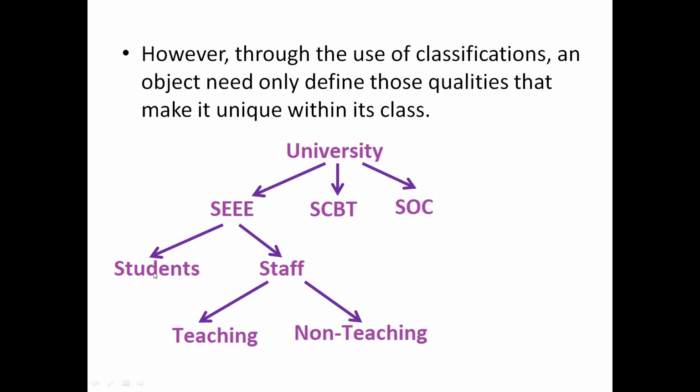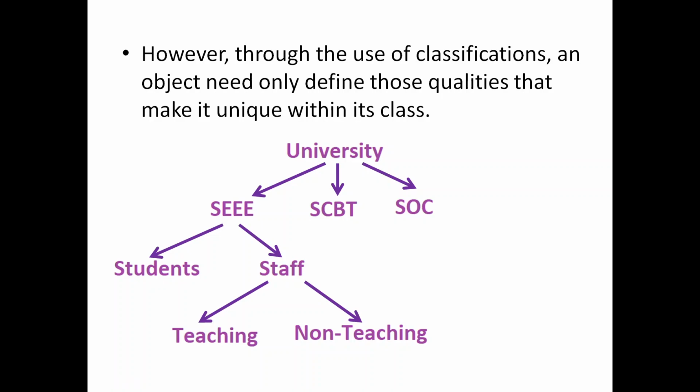And the advantage of classification is that when you want to add a new student into this class, there is a class called student here, and we want to insert a new student. While doing so, you don't need to tell which branch he belongs to. You don't need to tell under which university he is studying, because that is already part of the hierarchy. You don't need to repeat all the previous details. They are all automatically included as part of the student. That's what we are referring to as inheriting.